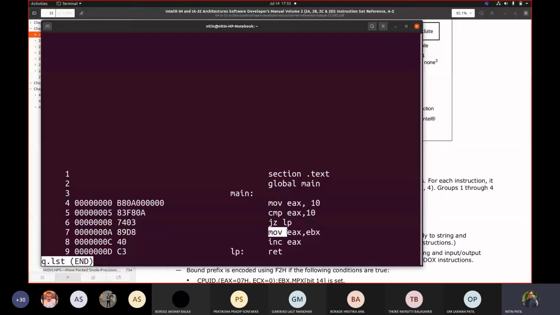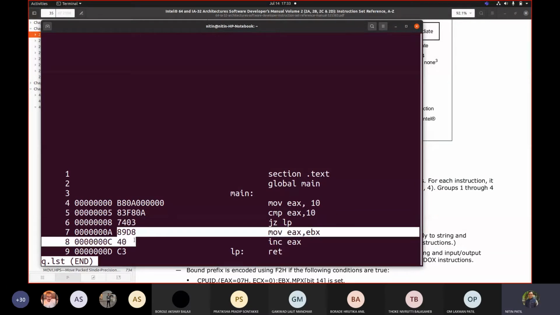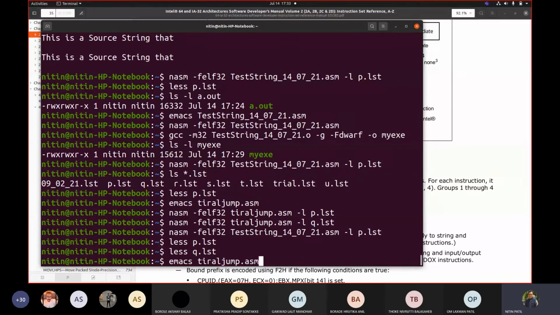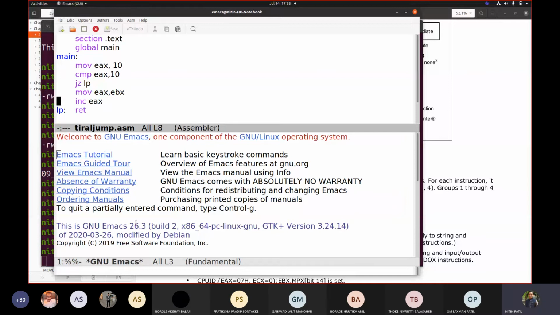Correct? Now you see, this required how many bytes? 1, 2, and 3. And LP is written here. That's why this 3. Am I right? But you may say we should prove it the other way as well. Okay, so let me make a modification in my code. I'm adding some more instructions here which will add bytes: inc edx, inc esi, inc edi. So I'm adding 3 bytes. 1, 2, 3. So earlier 3 plus 3, it should be 6.